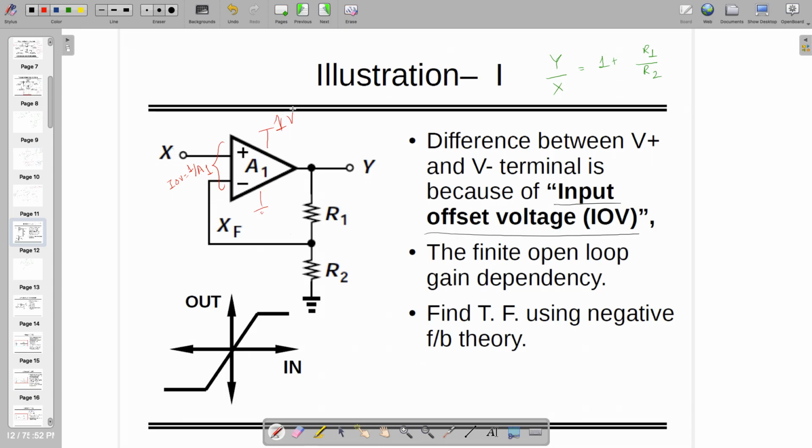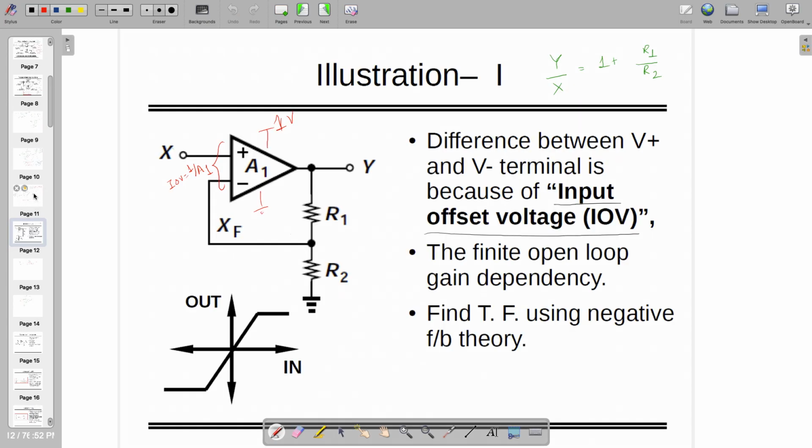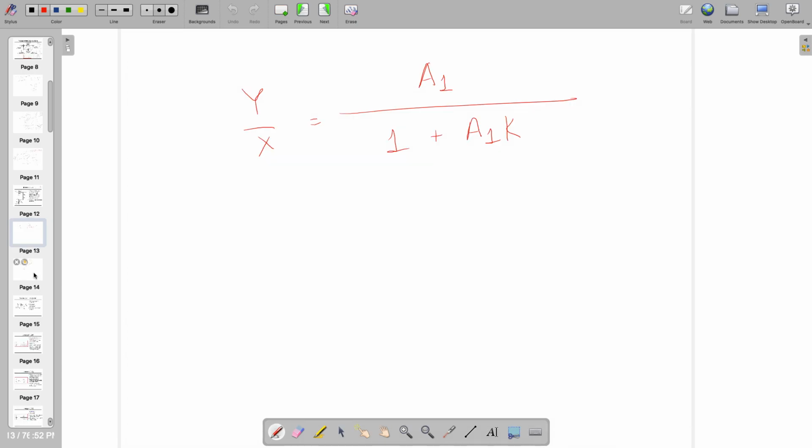Okay, so now if that is the case, I know that every negative closed loop feedback system is going to have the gain of A1 divided by 1 plus A1k, right? This is known to us. I know what A1 is. A1 might be some number, maybe 10 volt per volt, or if it is designed with a differential amplifier, it may be gmro, folded cascode, whatever it is, it will depend on that, right? So that gain is known to me, but I don't know the gain K, and K is nothing but